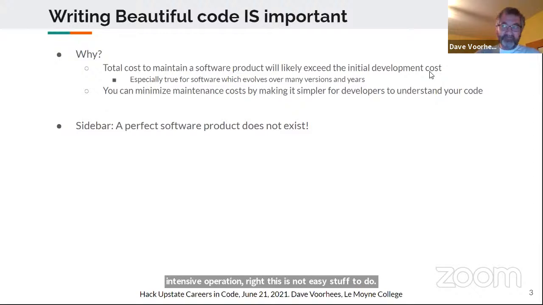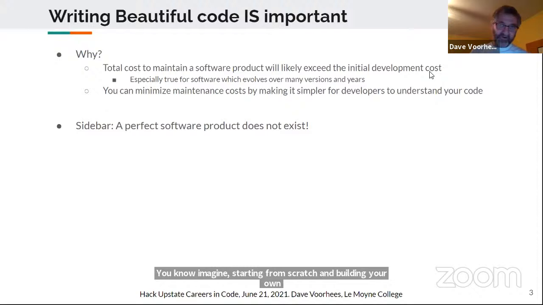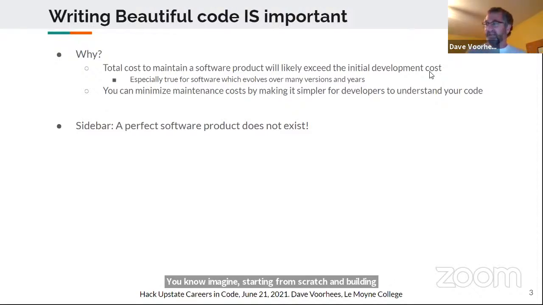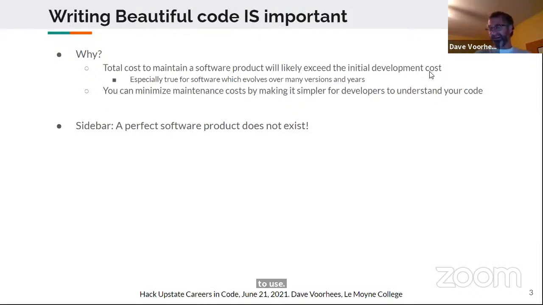Imagine starting from scratch and building your own word processor software that does similar things to whatever Microsoft Word does, or whatever other word processor package you might happen to use. Those are incredibly large pieces of software. Clearly takes a relatively large team of people to develop.